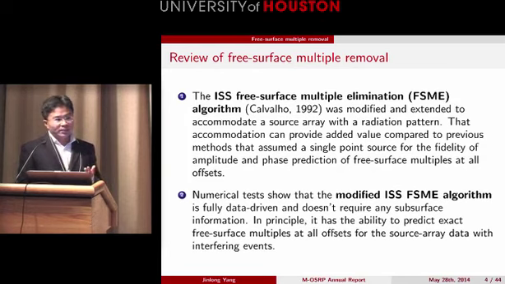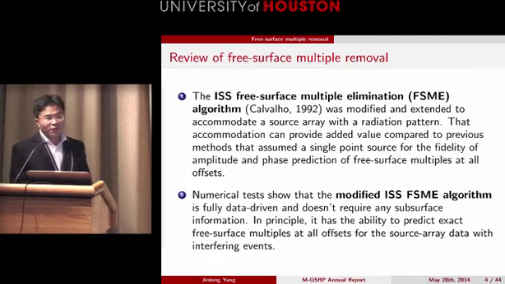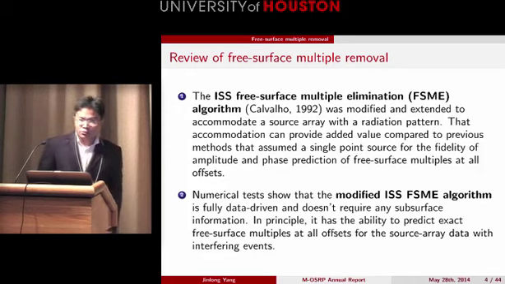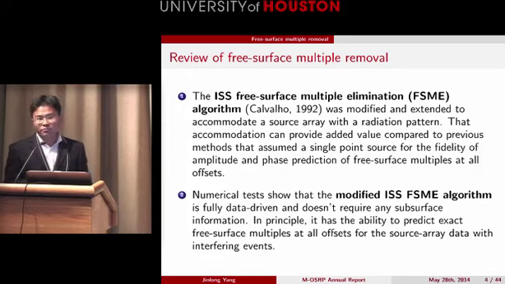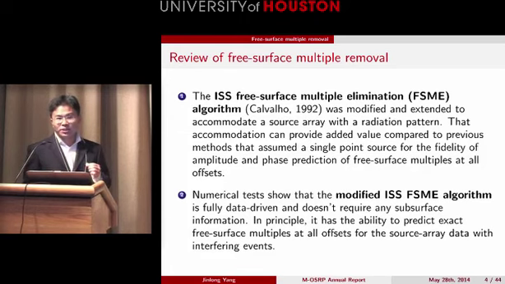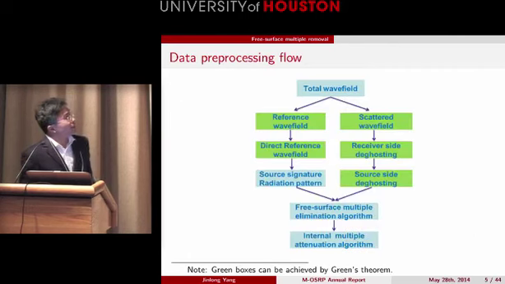As we know, in our RSS method, the actual medium is a reference medium plus a perturbation. The wave that travels in the reference medium, we call the reference wave. And the wave that travels in the actual medium, we call the actual wave or total wave. First, we want to separate the total wave into the reference wave and the scattered wave. The scattered wave is the difference between the actual and the reference wave. This is our